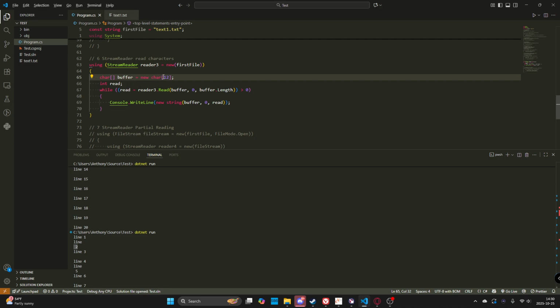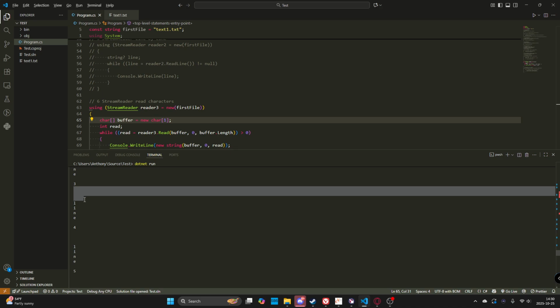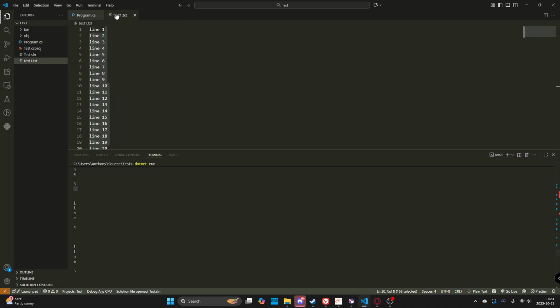So using that though, we can say how many characters we want to read at a time. Say we just want to do 1. Now if we run this one, we only read 1 character at a time. That looks like a lot of space at the end. It's not really. So 3